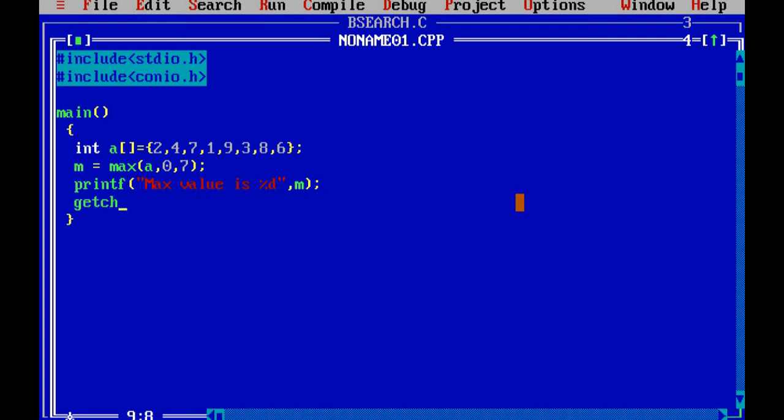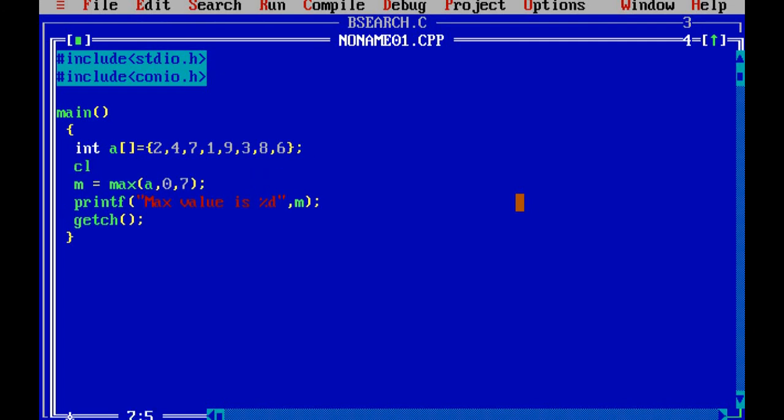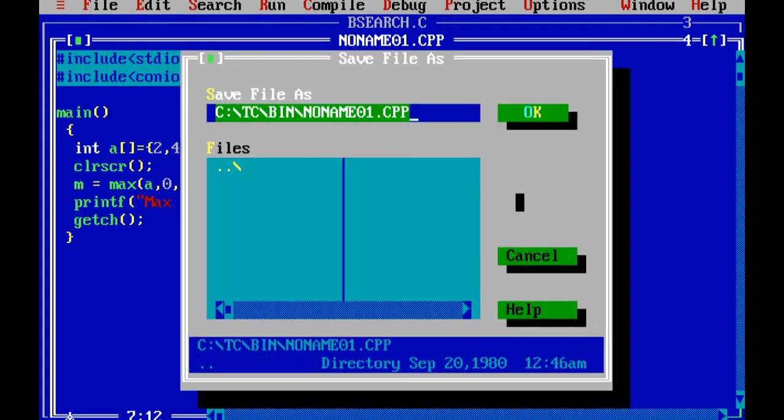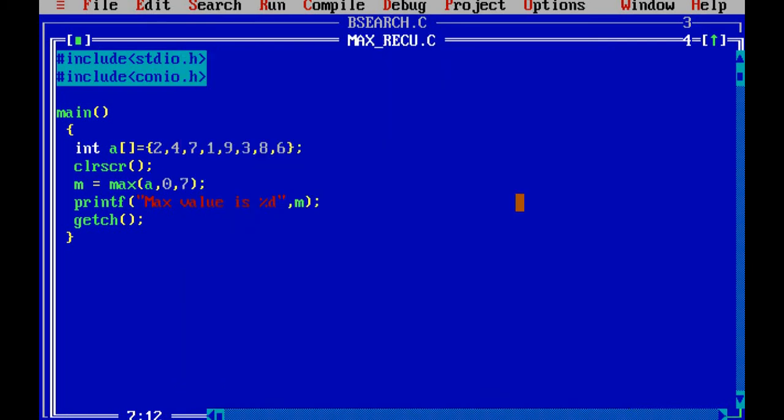And then getch. And obviously, it will be better to use clrscr. So max recursion.c.